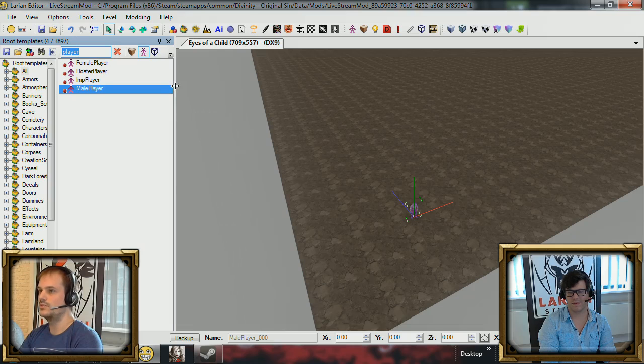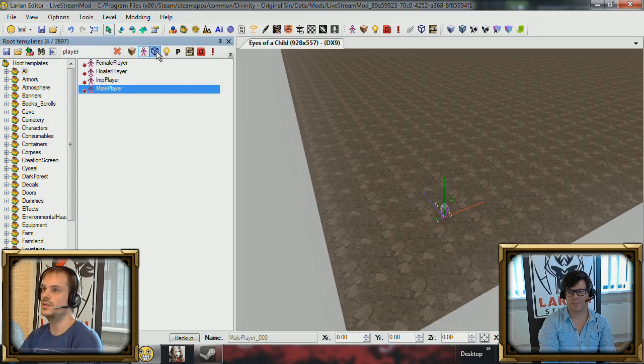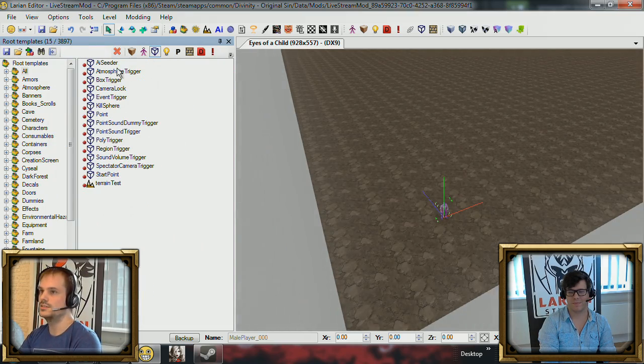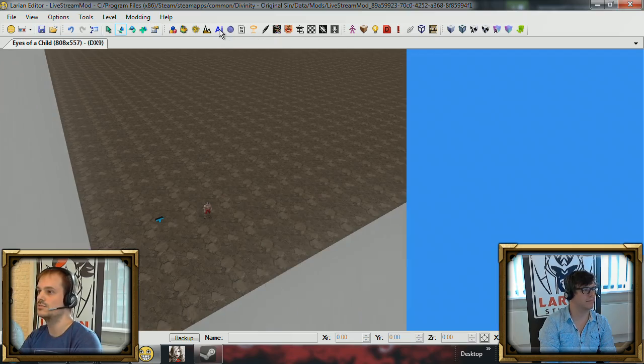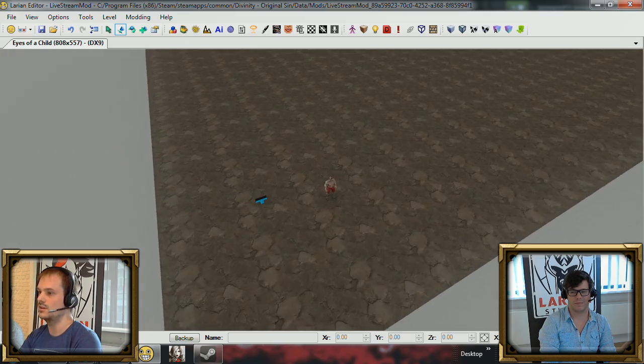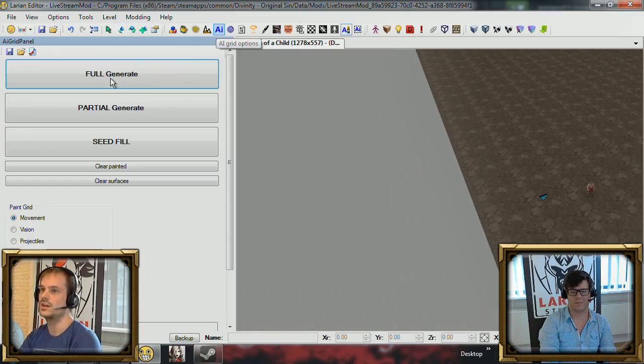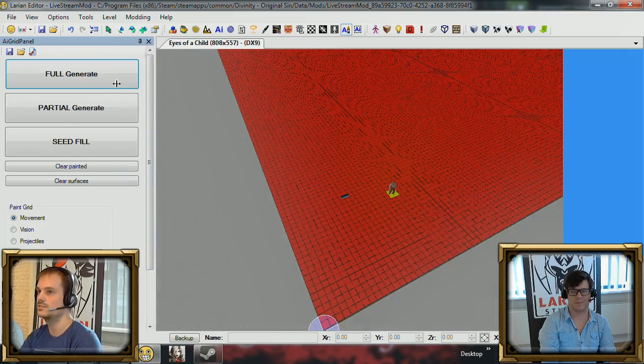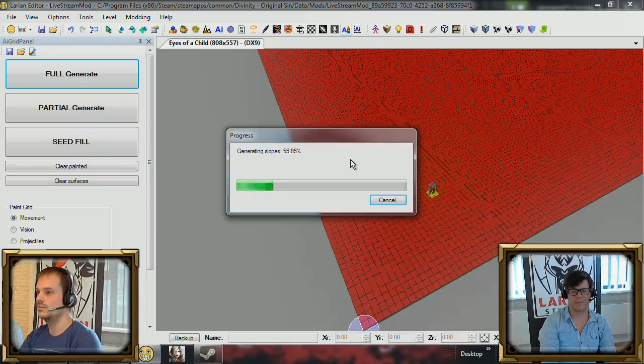For the AI grid to generate, we need to place another object in our world, and that is an AI seeder. There's nothing really you should know about it, it's really simple. Just place it in your world, and that's everything you need for the AI grid. It's just a little object that is used for calculating the AI grid, so it's not really important what it does. So I'm going to try it again, full generate,